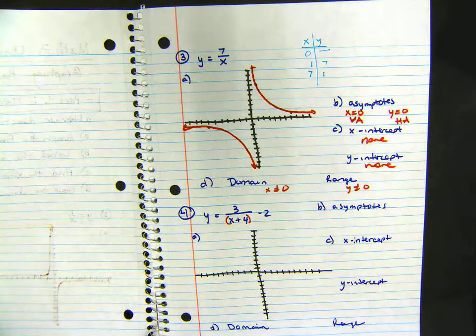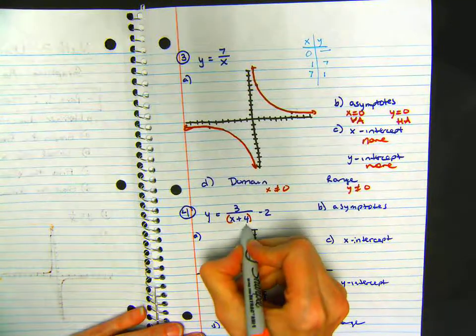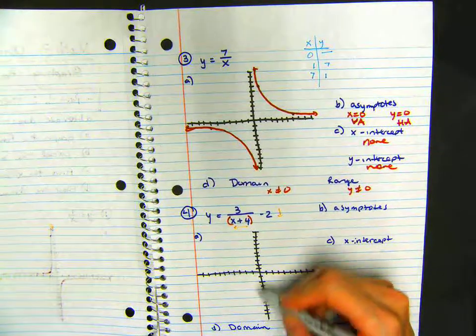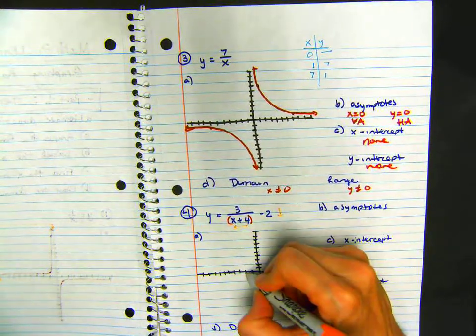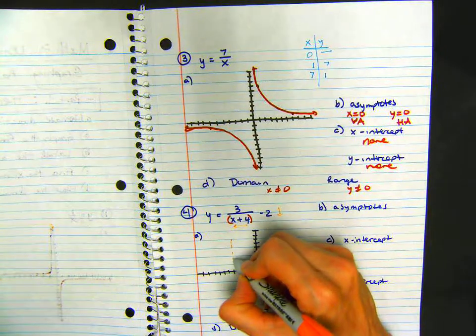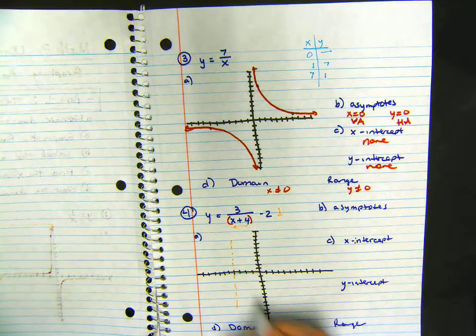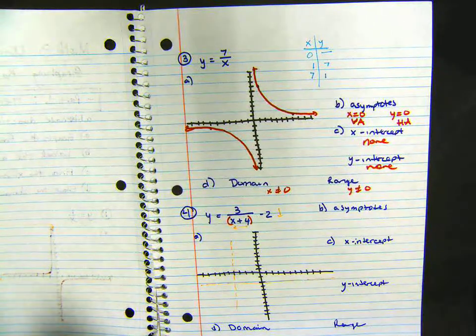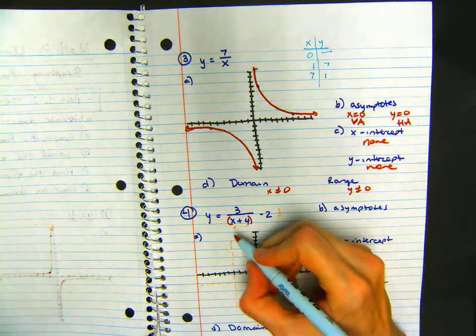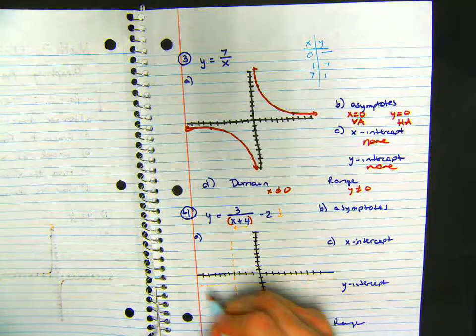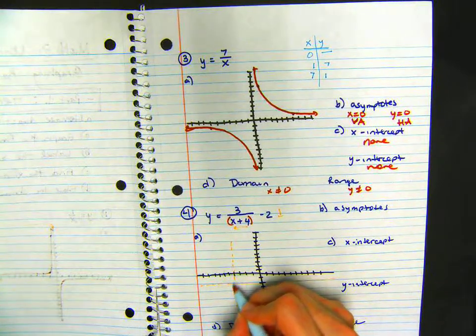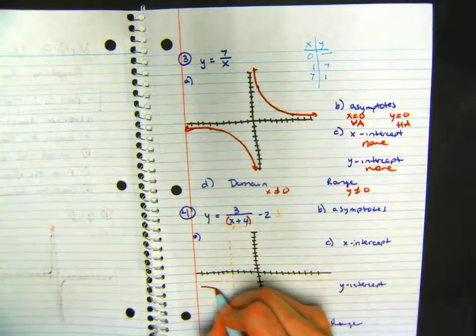So what they should find is that this is going to shift us back 4 and down 2. So instead of having a vertical asymptote at 0, I'm going to have a vertical asymptote at negative 4. I'm going to have a horizontal asymptote at negative 2. And then the graph is going to be in here and down here, not quite as tight to the pretend origin, the origin that we've just shifted, as it would be if it was